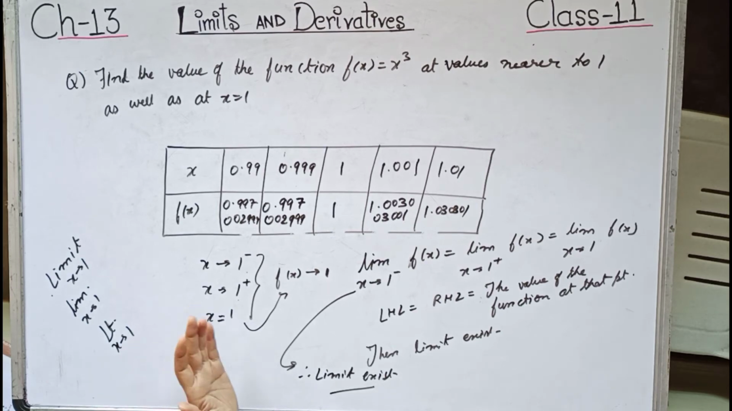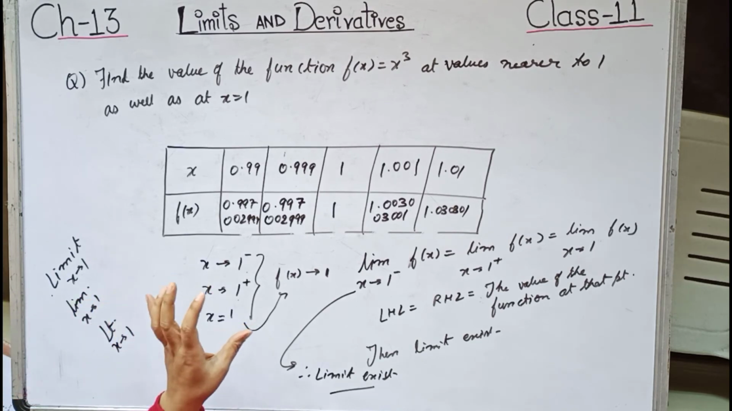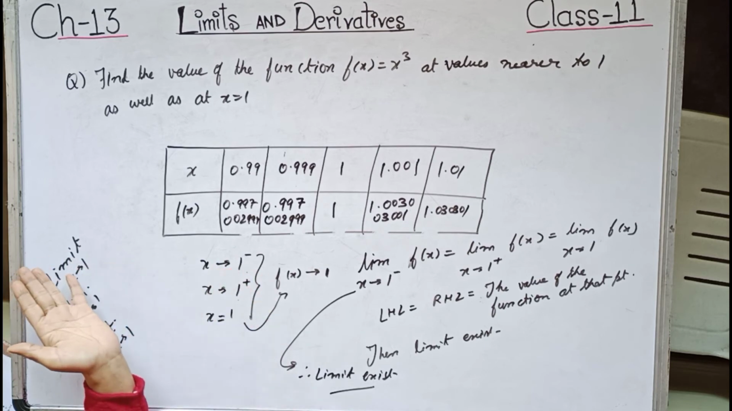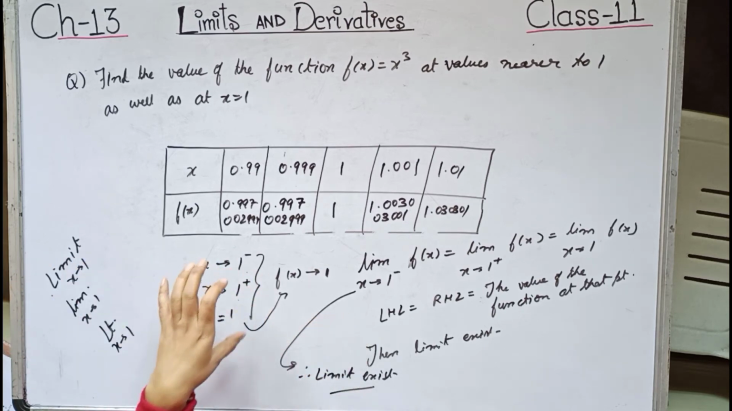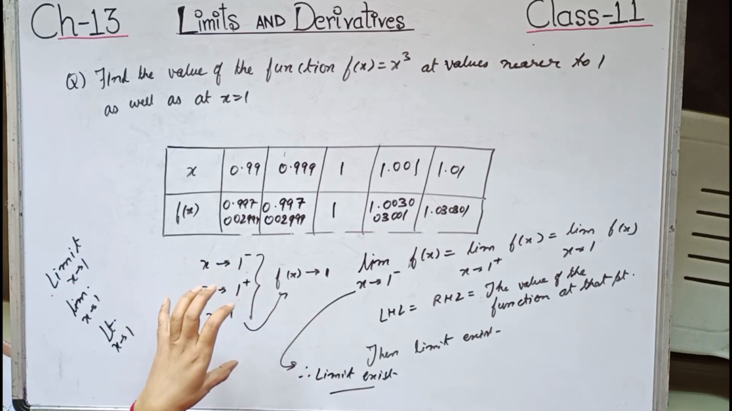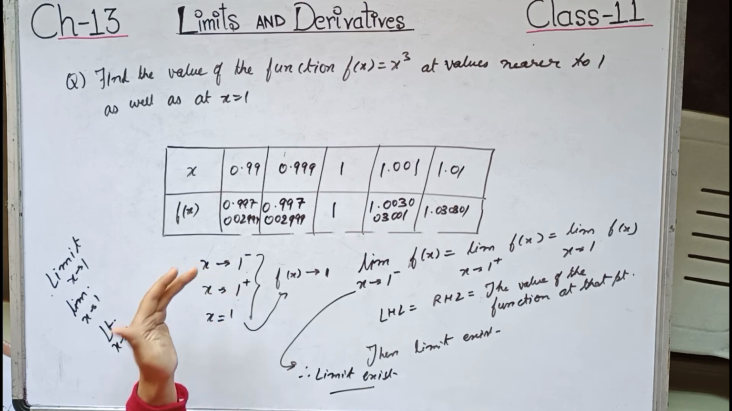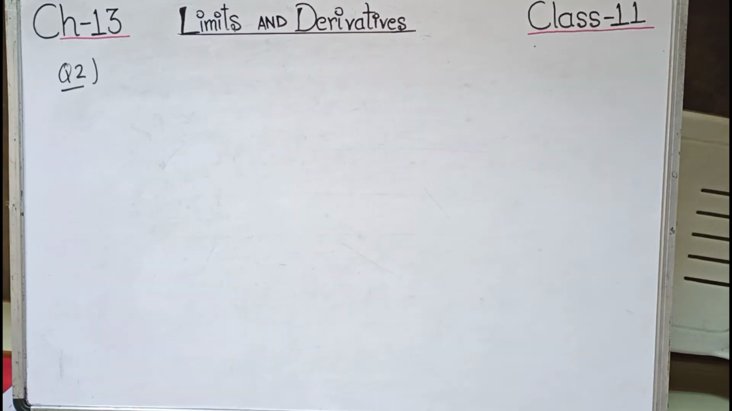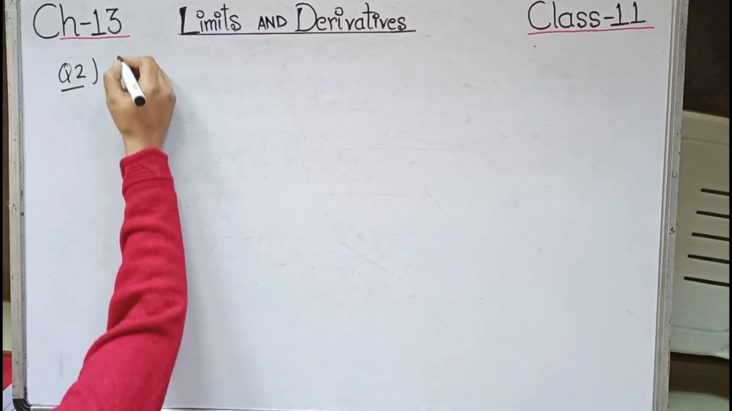Limit of a function exists if we see that at a particular point the values from the left hand side as well as the right hand side are approaching the same value at a given point. Let us take one more question. The question is, find the value of